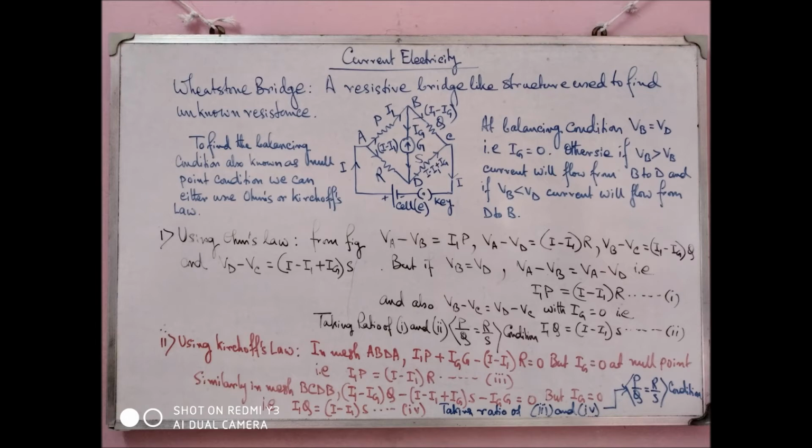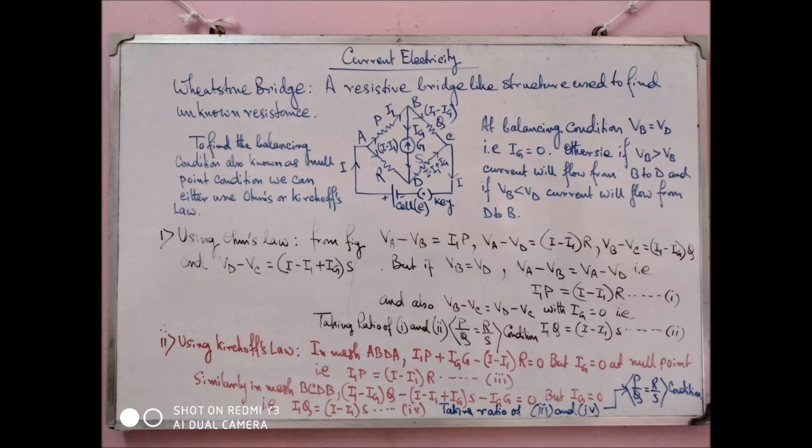Now the galvanometer current from B to D gets added with I minus I1 that is passing through R. So when these 2 are added, that current passes through S, that is I minus I1 plus Ig, and again the current I minus I1 is coming from Q. So when this is added at point C, the final point, again we get I. So this is about the splitting and merging of current throughout the network or mesh, the Wheatstone bridge.